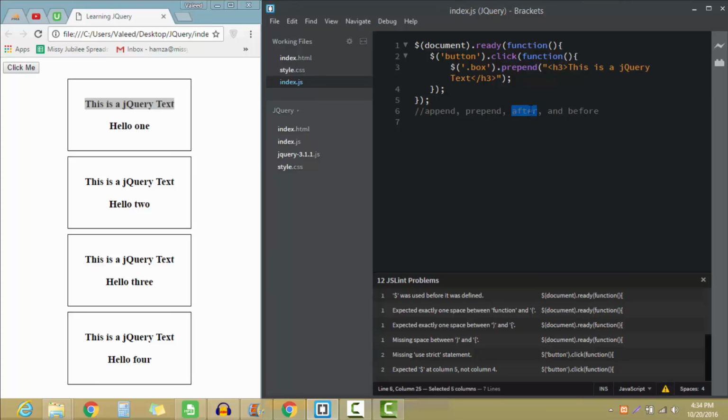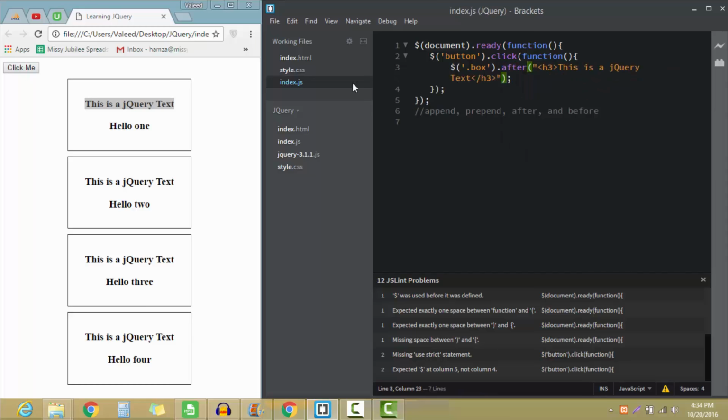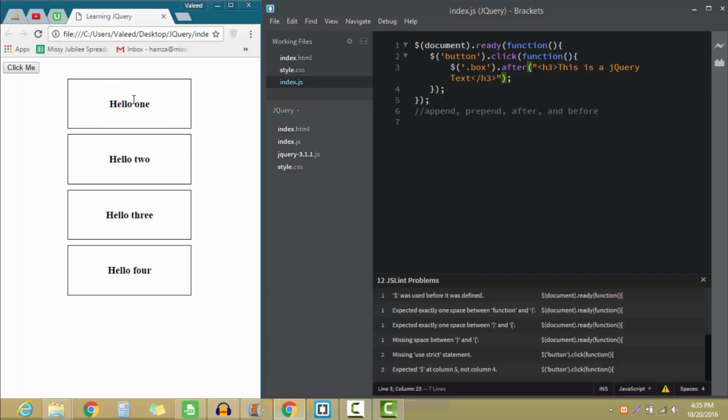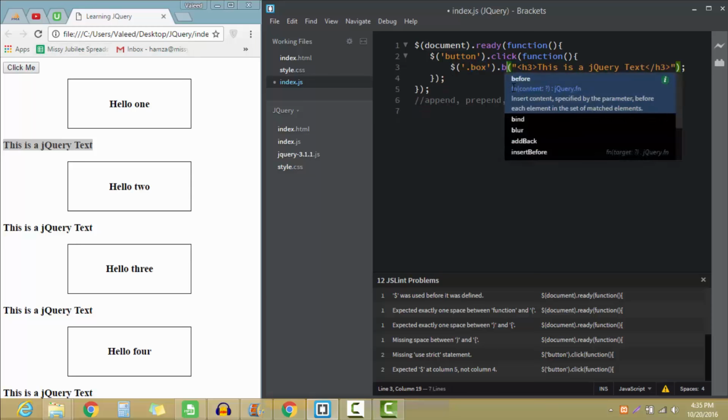So now we are going to work on after. What does this after method do? It will assign this element after the box. So when I click the button, as you guys have noticed, it has assigned the value after the box, meaning it will assign the element we are working on, whether we are working on a div or h3. In this case we are working on the h3 text, so it will assign this h3 text after the div of box, right? So this is what the after method does, and when I use the before method,